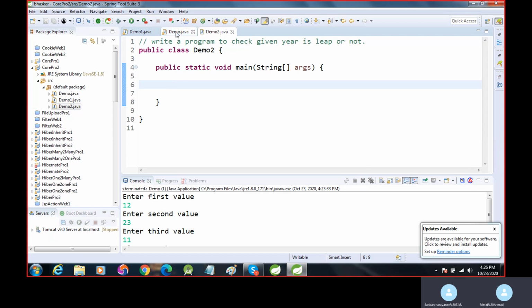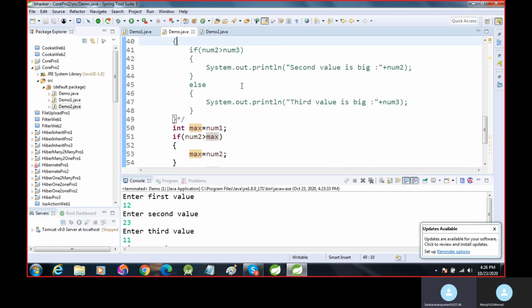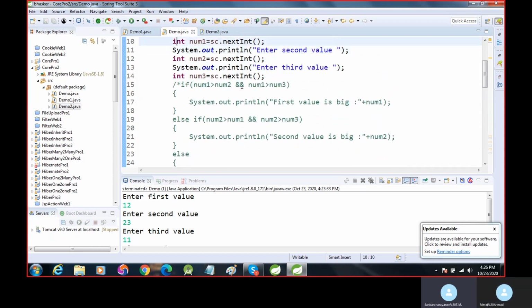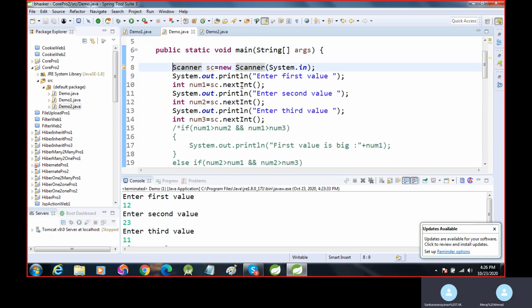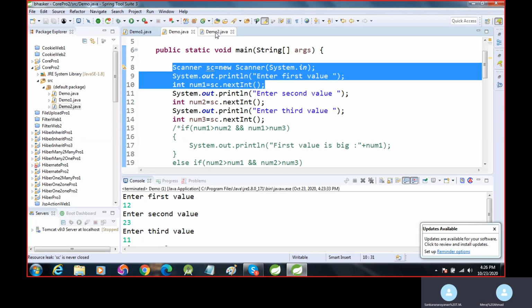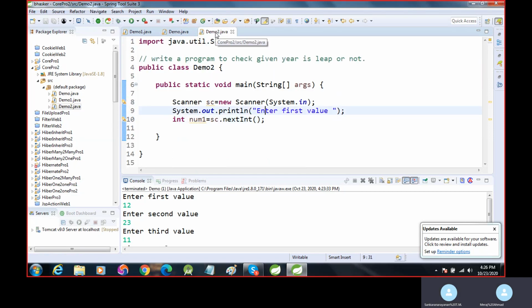This is the format for checking whether a year is leap or not.